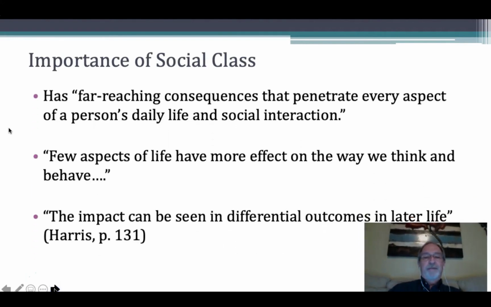Again, looking back, quoting from Harris again, she makes several big comments and some general overview kinds of things about the importance of social class. And real broadly, again, she says social class has, quote, far reaching consequences that penetrate every aspect of a person's daily life and social interaction. She goes on and says, few aspects of life have more effect on the way we think and behave. And then she says that the impact of social class can be seen in different kinds of outcomes that people